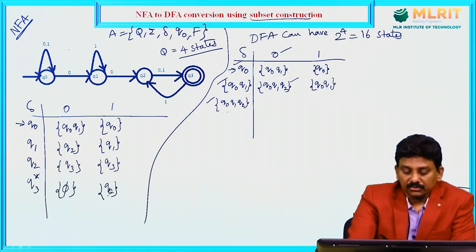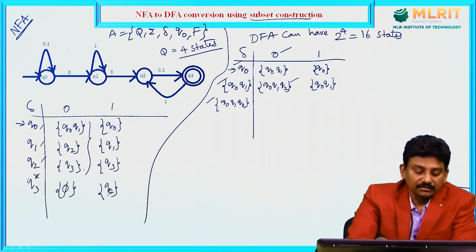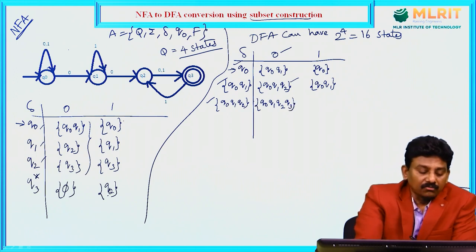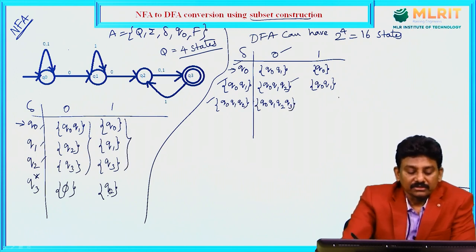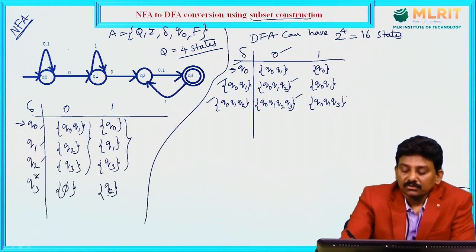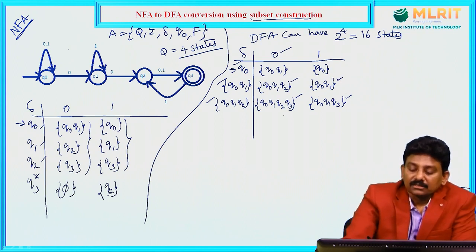This is accessible. Q0 Q1 Q2 on 0, take union of these three, Q0 Q1 Q2 Q3. On 1, take union of these three, Q0 Q1 Q3. So Q0 Q1 Q3 is accessible, and Q0 Q1 is accessible. This is already processed, Q0 Q1. Next, consider this one,